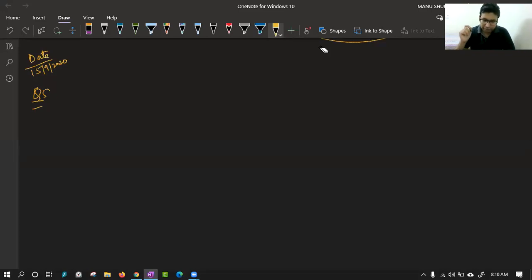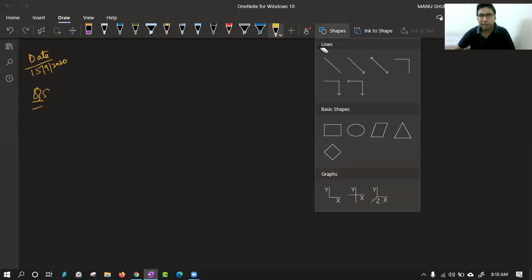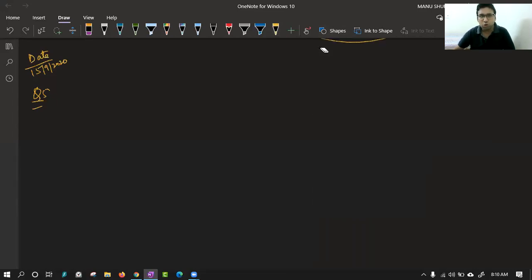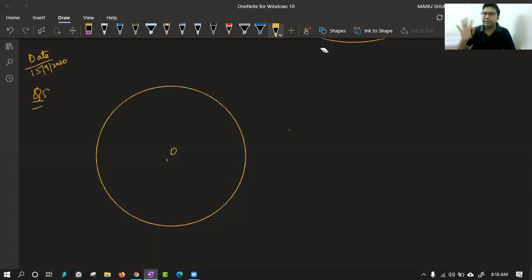Question number 5. Three girls, Reshma, Salma and Mandeep, are playing a game by standing on a circle of radius 5 meter. So we have a circle of radius 5 meter. We are going to draw a rough diagram. Today we will understand how to draw a rough diagram so that it is correct also. So we have a circle with center O. We know its radius is 5 meter.